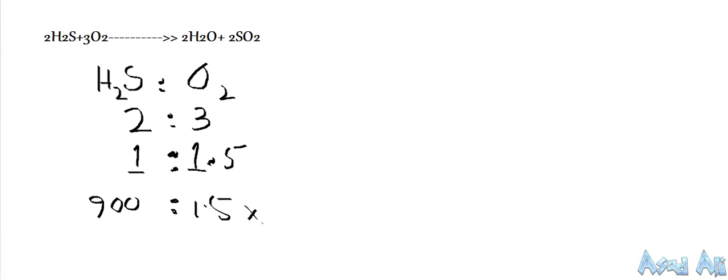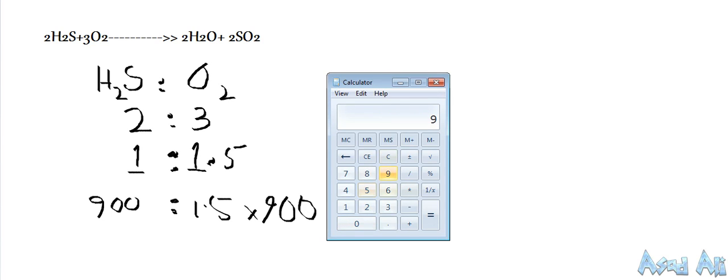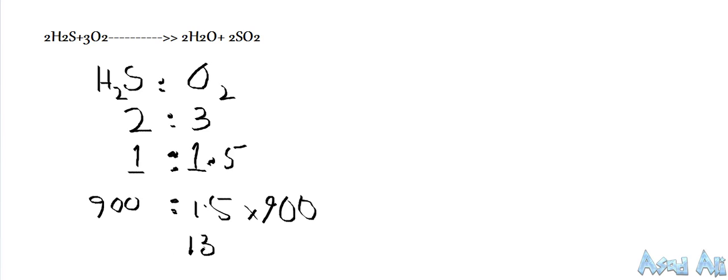It will give the volume of O2 required to burn H2S. 1350 decimeter cube of O2 is required to burn H2S. Now the volume is calculated that is required to burn 900 decimeter cube of H2S. We are finding the